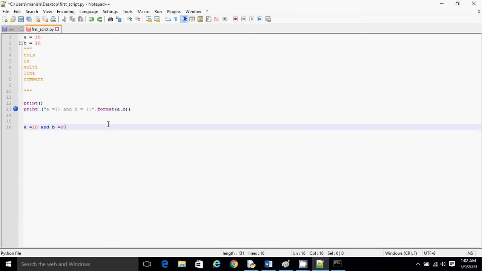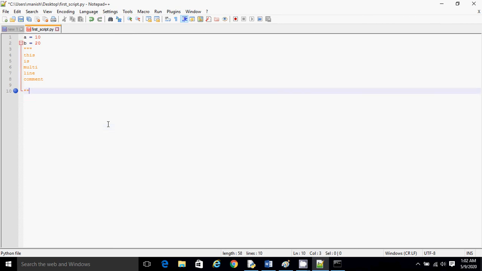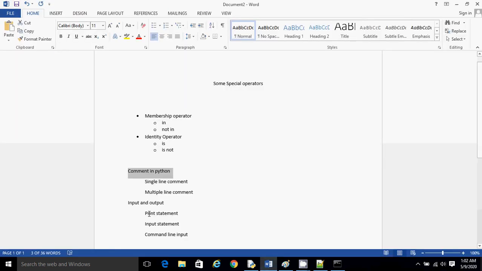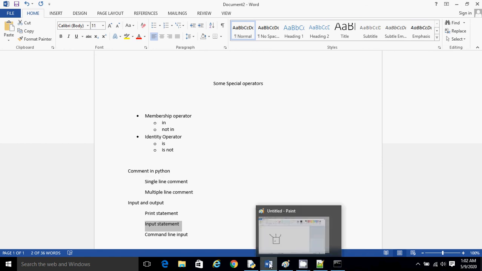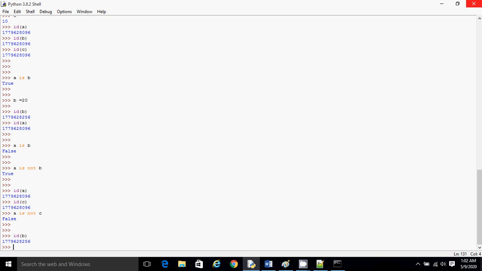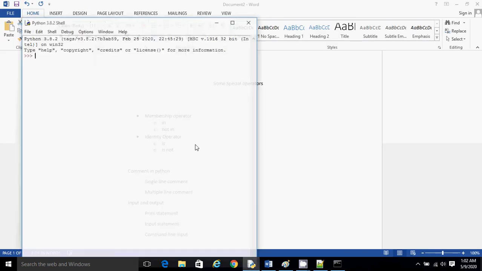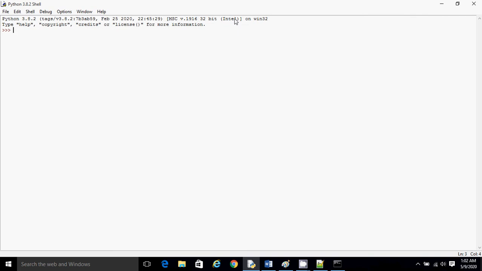We will see some more useful ways to use print while discussing another topic, or maybe we come across some situation, then I can explain that as well. So let's talk about another topic, that is the input. So let's talk about the input statement. Now, let's open a Python shell again, clear it, we'll open a new one. The input statement is used when you want to take input from the user from the keyboard, okay.